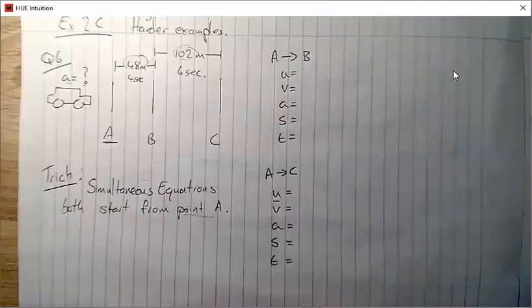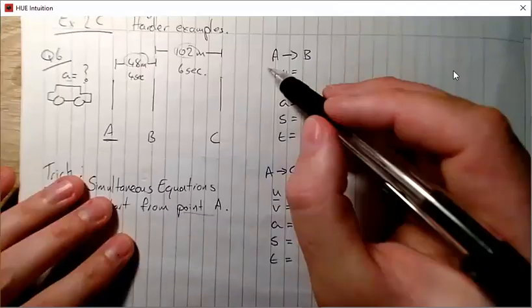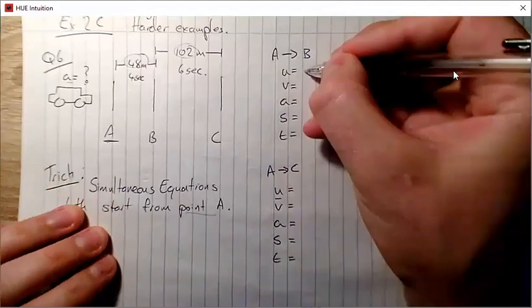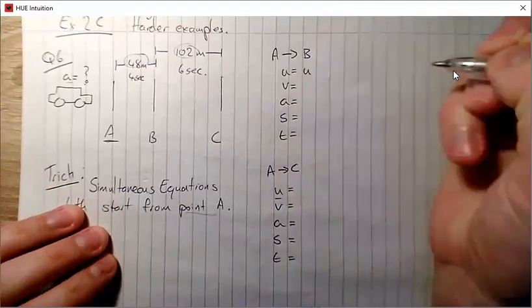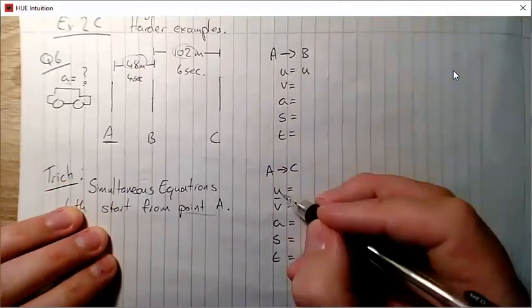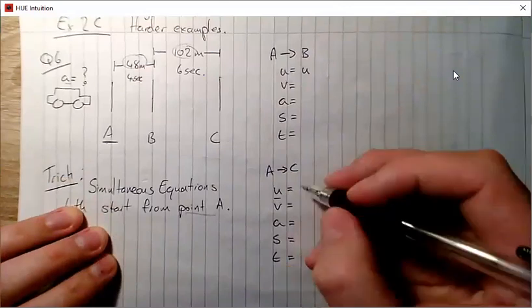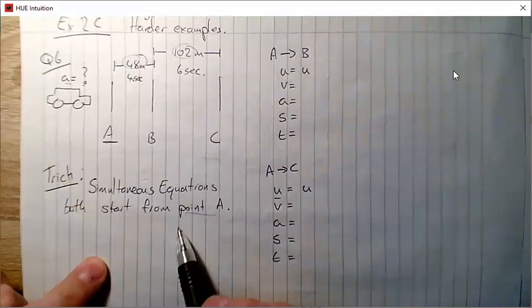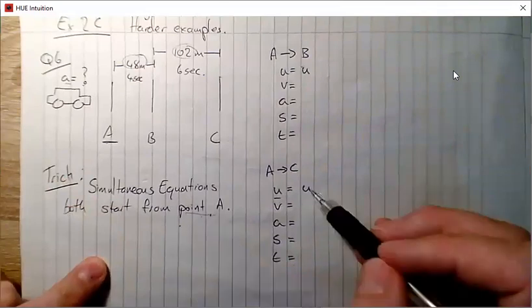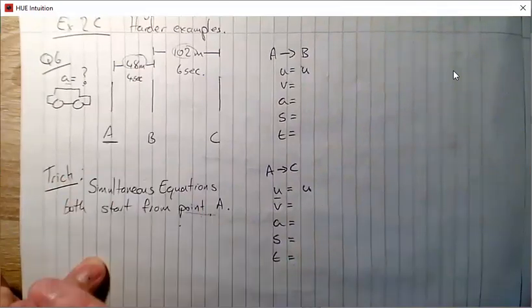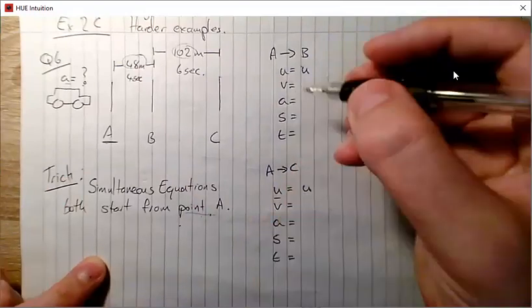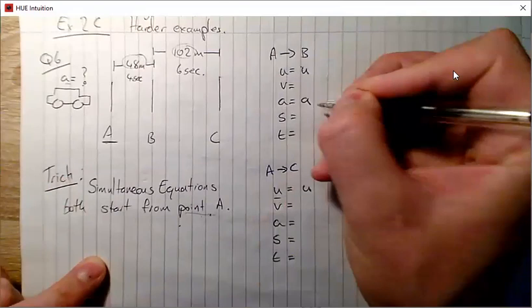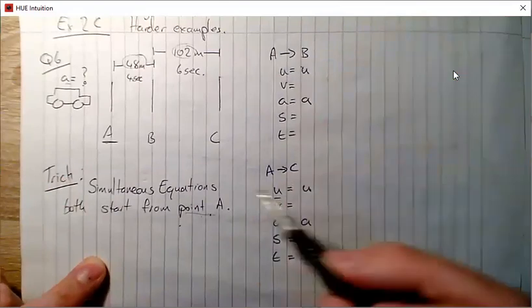So as you go from A to B, you don't know what your initial speed is, but you can just call it U. What's nice about it is the same initial speed as you go from A to C. This is what makes this approach of starting from point A nice: you've got the same variable, your initial speed at A. Final speed, we're not going to worry too much about. Acceleration is the variable we are interested in here,